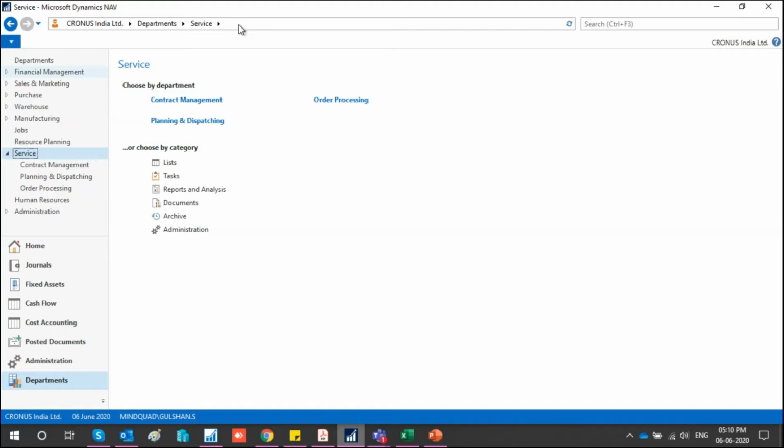Similarly, in the service module, all the resources can be tagged to a particular skill and to a particular service area so that I can assign it to the right resources. Also, whether he is present on that day or not, whether his working week off is different from mine.